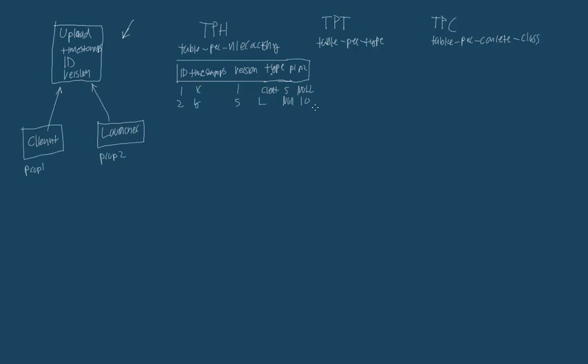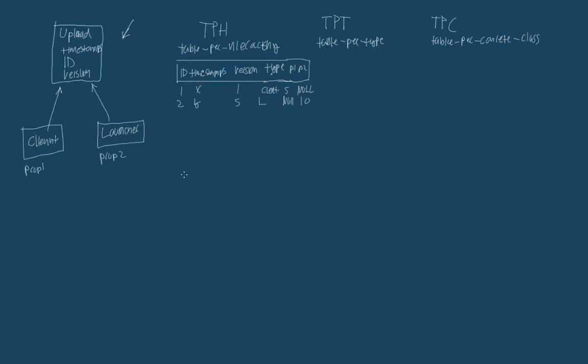So one of the problems with TPH is going to be the existence of these nullable rows on every single record if we have a lot of properties that only exist on either the client or the launcher. So TPH is very efficient because, well, we only have one table to worry about. This gives us a couple of benefits. For example, not only does it give it the maintainability benefit of only having one table, but it also says